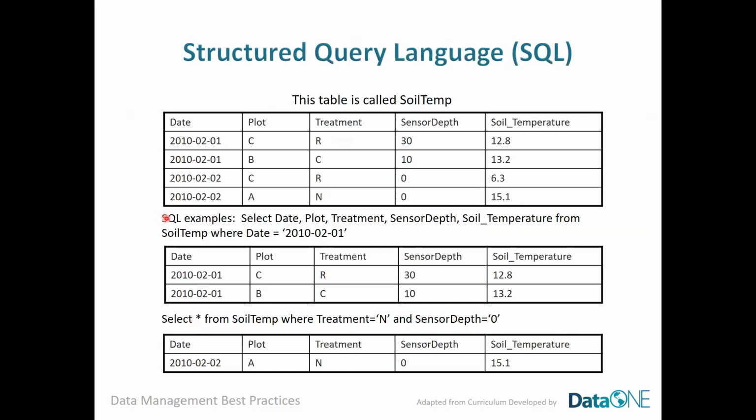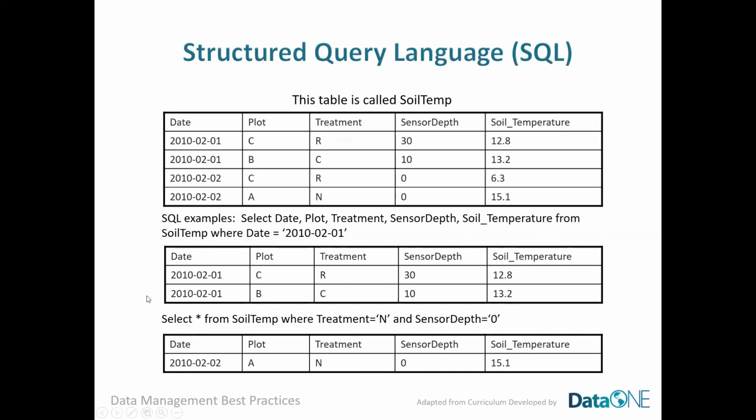The actual SQL code would be something very similar to select date, plot, treatment, sensor depth, soil temperature, essentially everything from the soil temp table, where the date equals this. And it returns it in this table here, and it brings back two entries where the date equals February